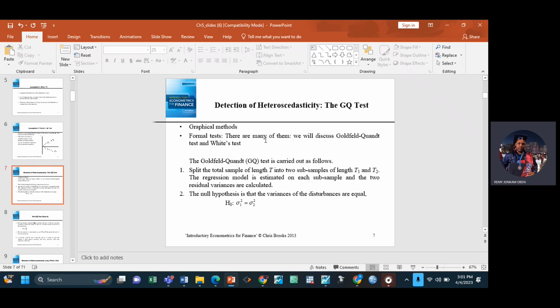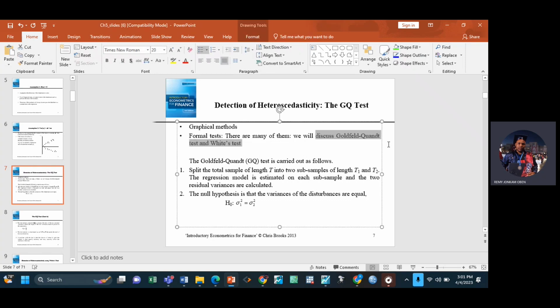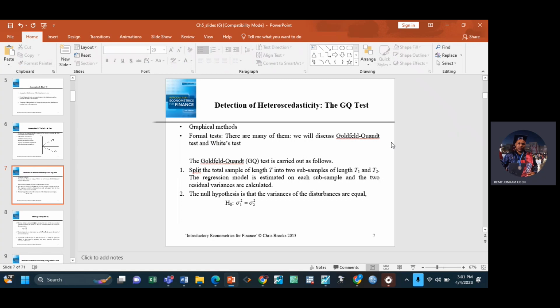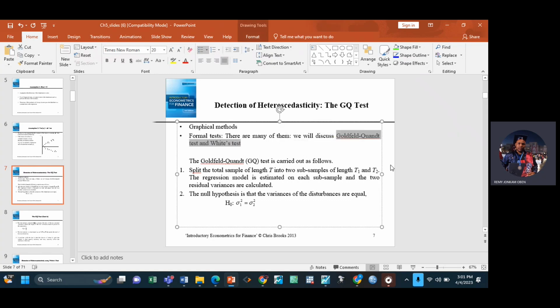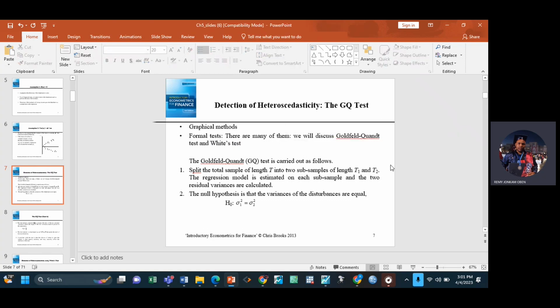For instance, you see this one, the Goldfeld-Quandt test. We can also use it to test for the presence of heteroskedasticity. But this test is not on EViews, so I'm not going to talk about it. But just know that we have this test. By the way, using the tests we have on EViews, we can formally test for heteroskedasticity statistically. But informally, we can always check the graphs, right? So here, graphical methods.